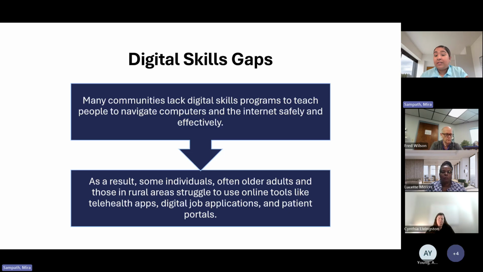We also cover online safety and privacy, which I think we're going to touch on a little bit here as well. But when we were doing some of that grassroots work and trying to ask people, where is your hesitation in using these devices if you do have access to them? A lot of people said, well, we're scared that we're going to get scammed or that someone's going to steal our data. And so we thought building that into a digital skills curriculum, teaching the skills and then placing in that context of here's how you can keep yourself safe while you learn these skills, we thought maybe that would reduce some of the hesitation around this.